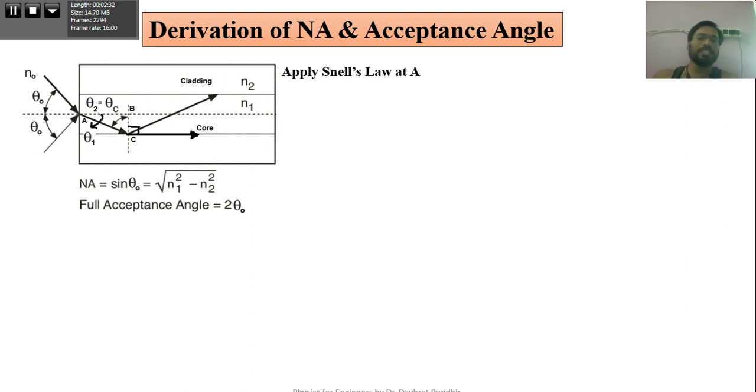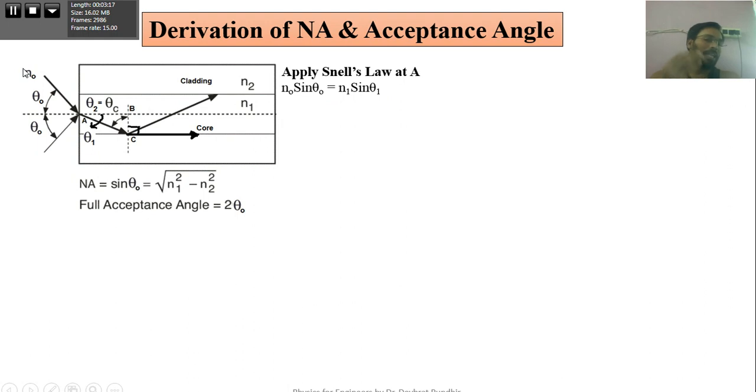So I am using Snell's law at point A. Where are we applying Snell's law? At point A. You can see the angle at which the light is coming: light is incident at an angle theta naught, and the refractive index is n0. Now Snell's law becomes the product of the refractive index and the sine of the angle, whatever the angle may be. Now the light is going to the other medium having the refractive index n1, into the sine of the angle at which it passes, and this angle is theta 1. So this becomes n0 sin theta naught equals n1 sin theta 1.